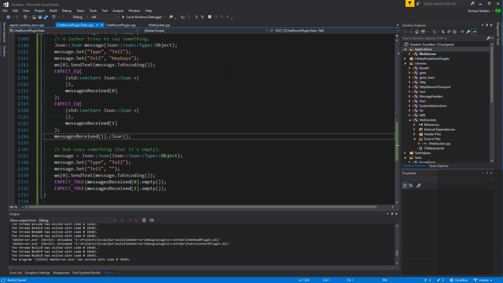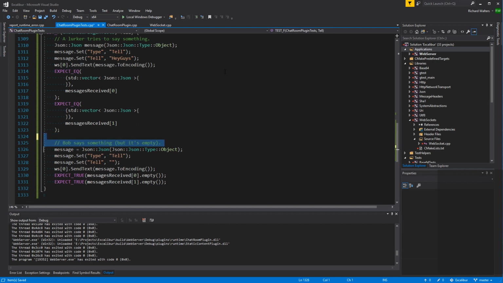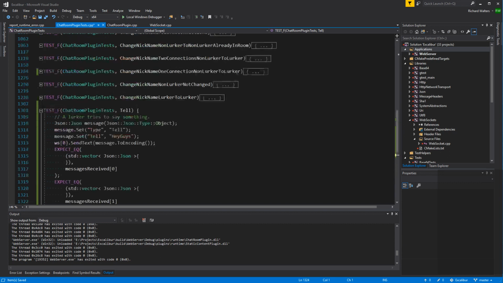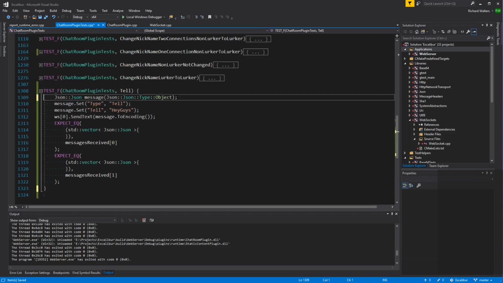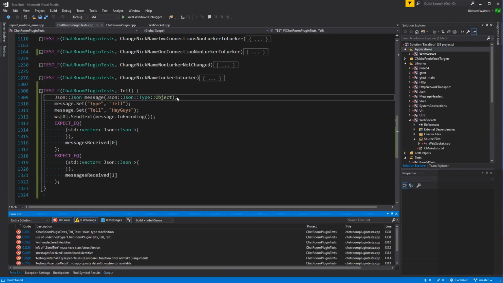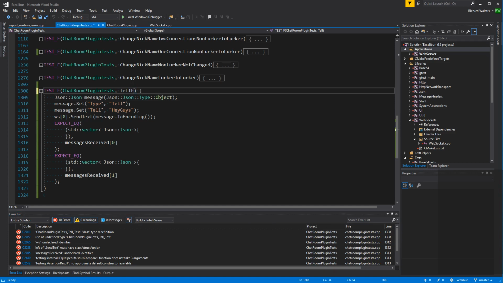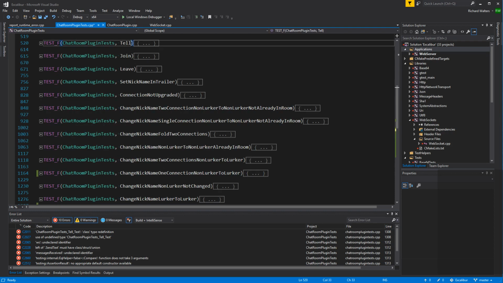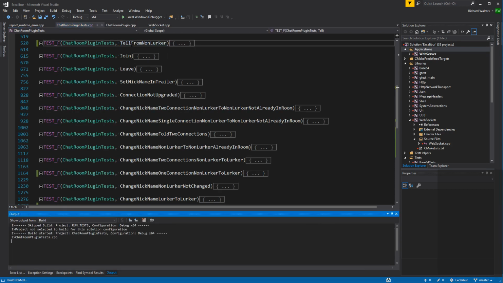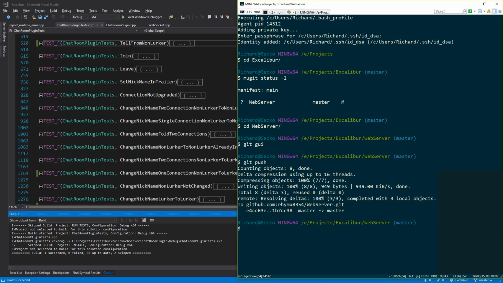From the lurker or... Okay, yeah, there we go. And this is tell from lurker. And I should rename this one to tell from non-lurker.